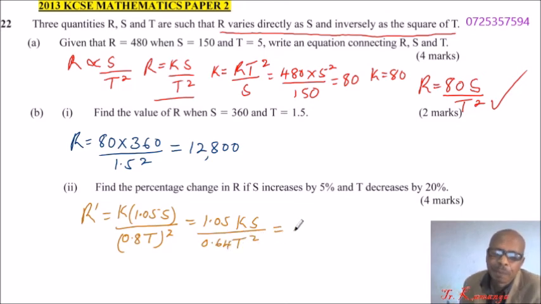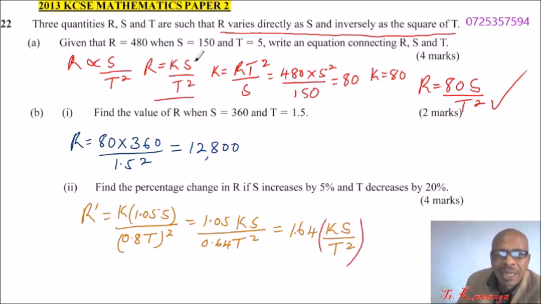You divide 1.05 by 0.64, you'll be able to get 1.64, that is to 2 decimal places. You divide by t squared. So you realize here, this part here is the same as our r here. They are the same here. So what you do is you say the new r will be 1.64 of the old r,